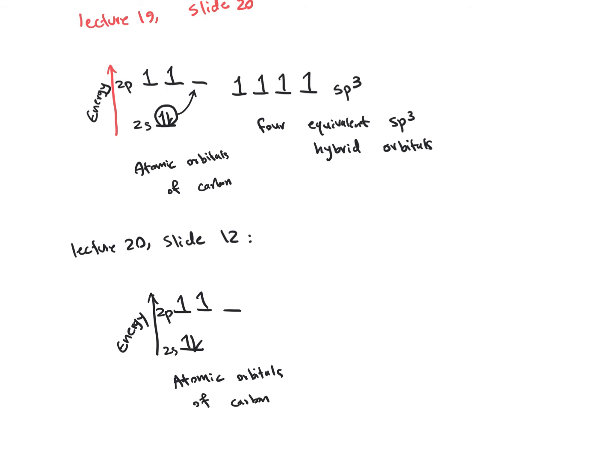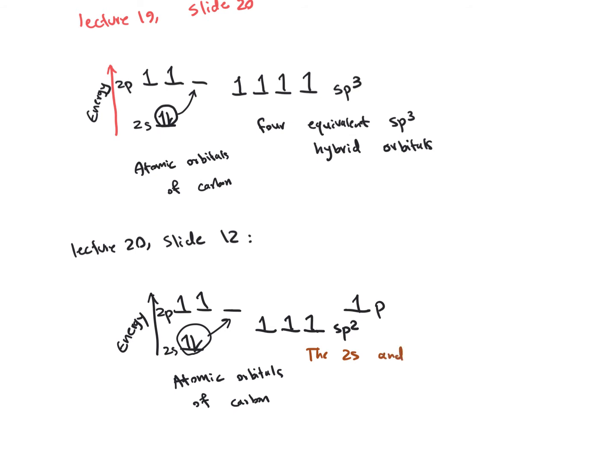And now for sp2, we have, again, one electron goes here, but 4 of them don't have the same energy. One p orbital has the same energy as the p orbital here, but we have 3 equal energy sp2,